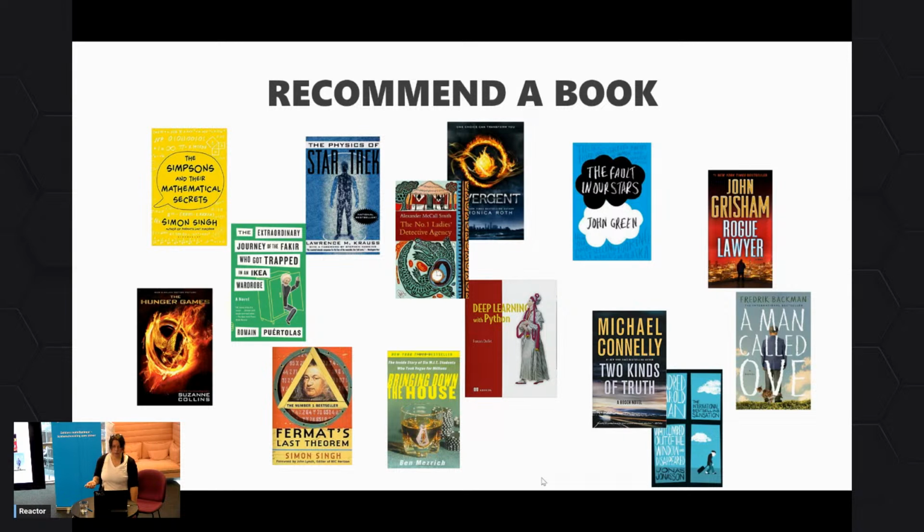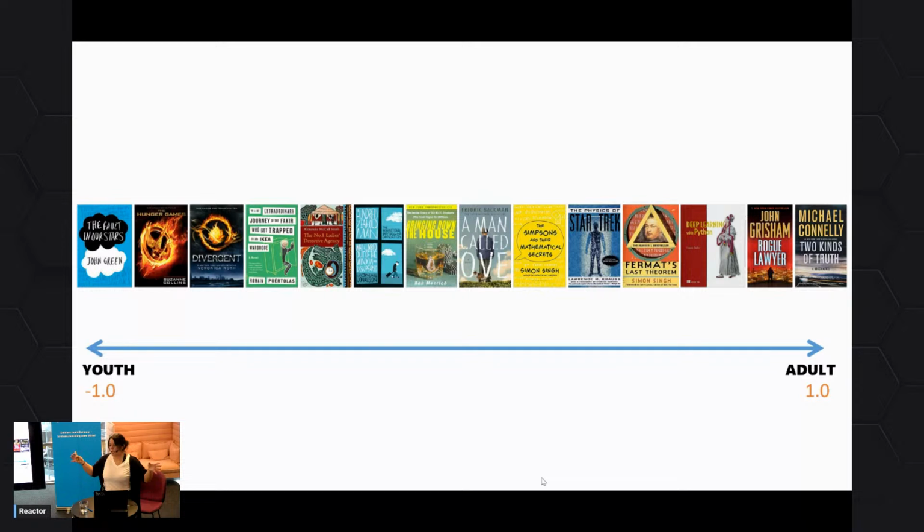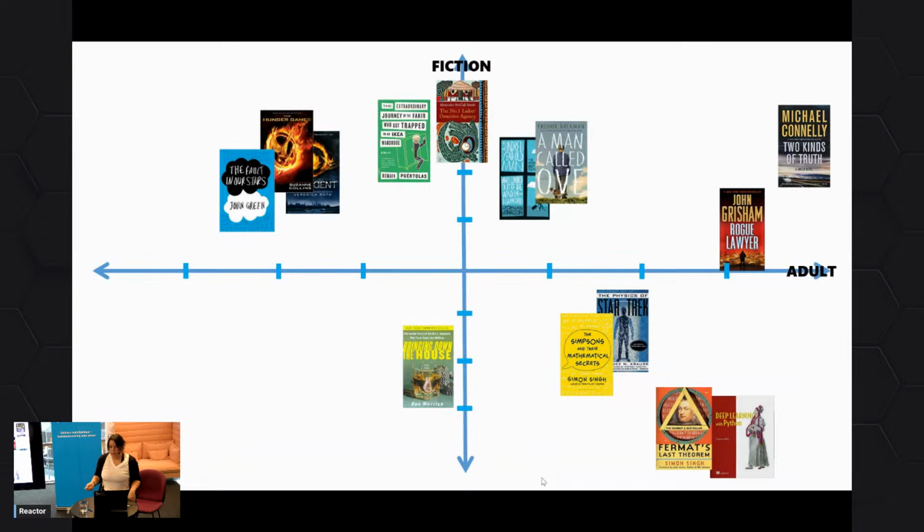One of the things I could do is sort them and say, this is more for adults, this is more for youth. And maybe if I pick something for my daughter, she'll like the ones with the youth feature better than the adult feature, I think. So that's one way. We might also want to add in a new feature that's called fiction. And now we've placed all of these in a diagram where they're sorted by how old you have to be and whether or not you like fiction.